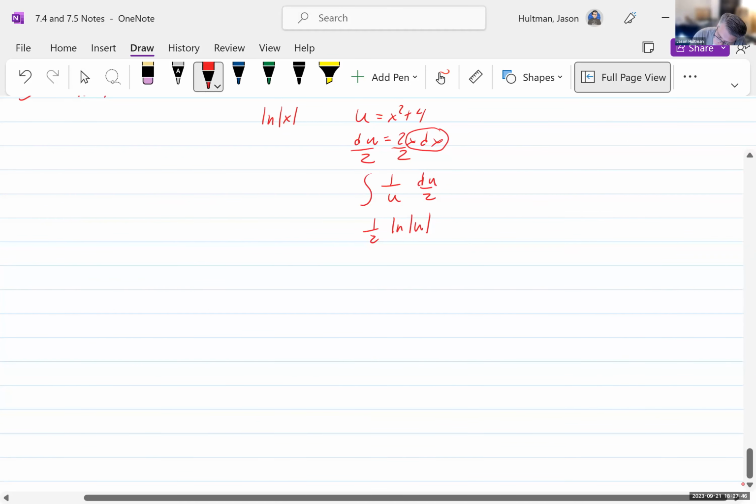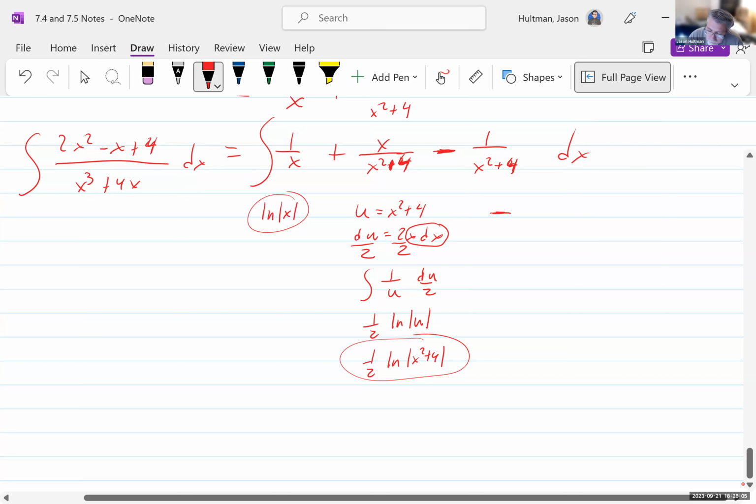Okay, so this is 1/2 natural log of x squared plus 4. Okay, so that's the second term. I have my first term, a second term. Let's do the third term here. This is minus, now I'm gonna use